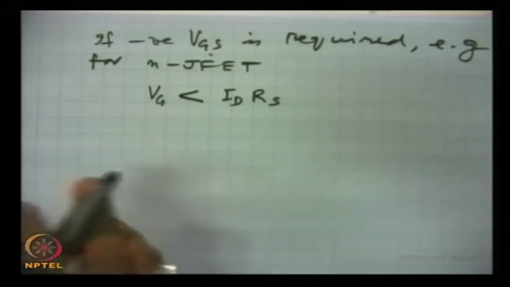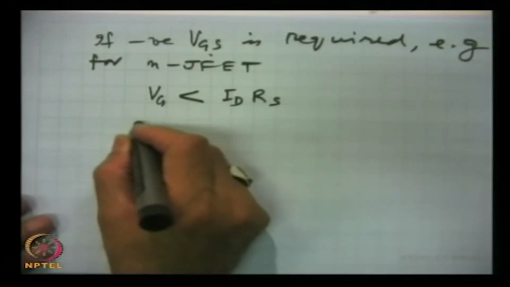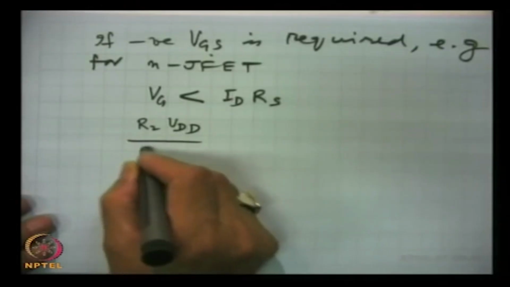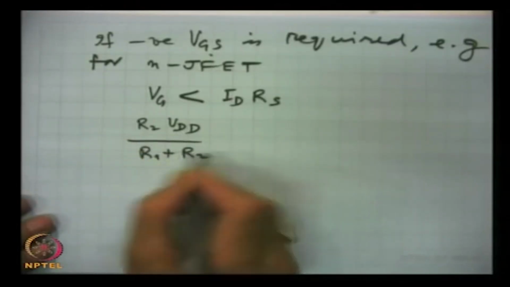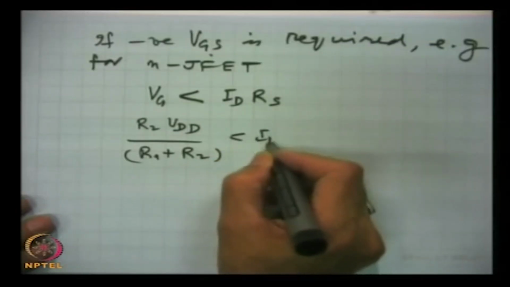And when we substitute for Vg, we get it is less than ID RS